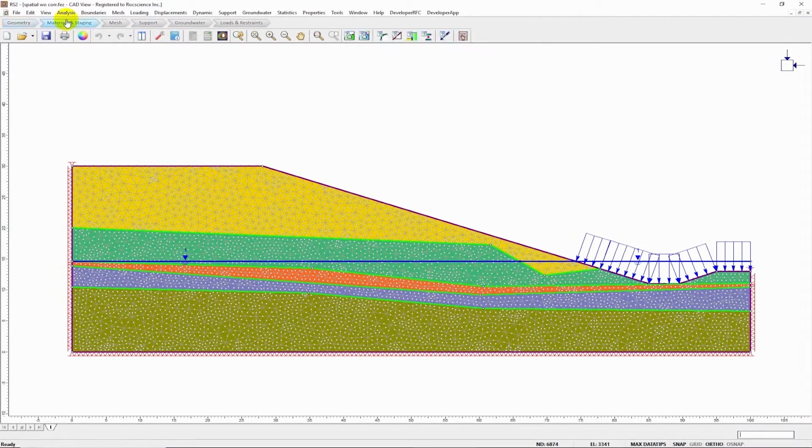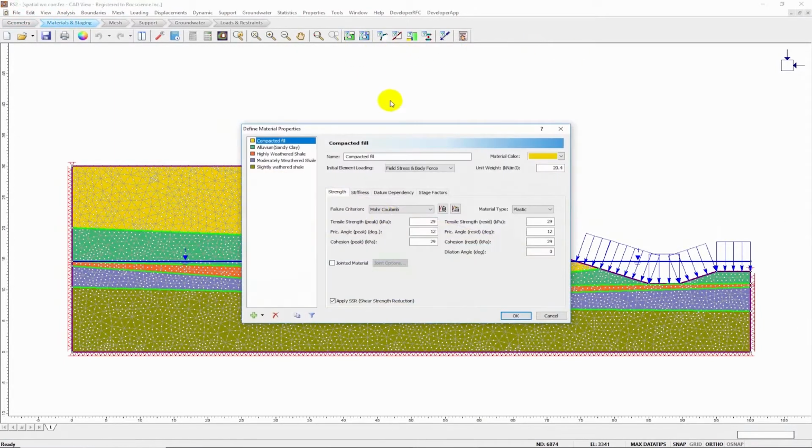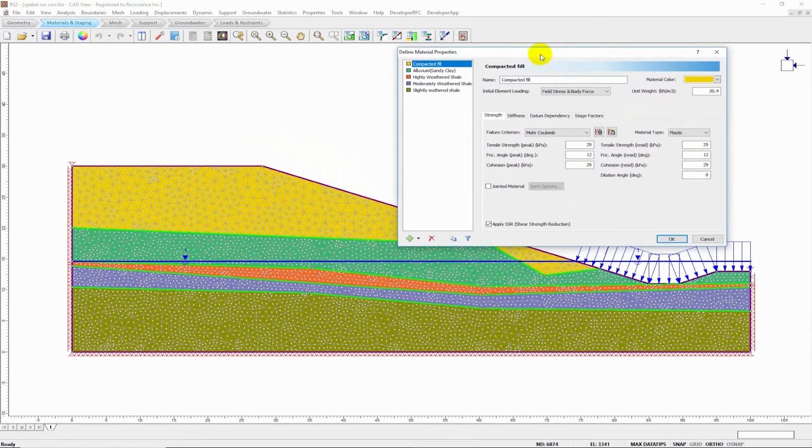So if we go to Materials and Staging, and we look at our materials, there's no spatial variability assigned to this. This is the deterministic values we entered in the material properties in Slide 2. So we see the failure criterion, a lot of options available in RS2. And we're going to change this from Mohr-Coulomb to discrete function. Then we're going to go to Edit,